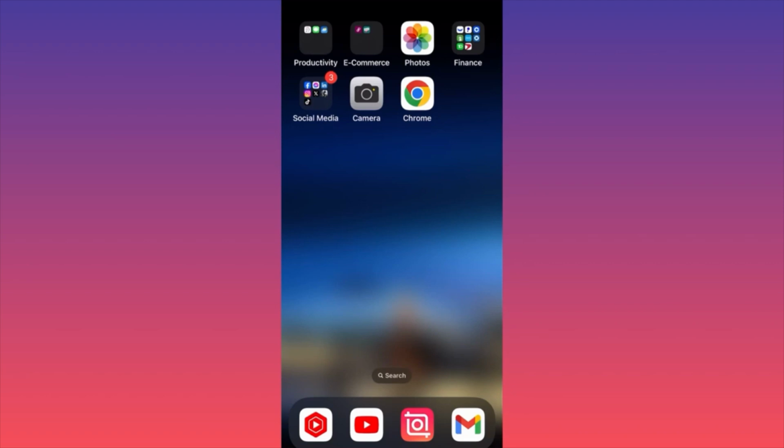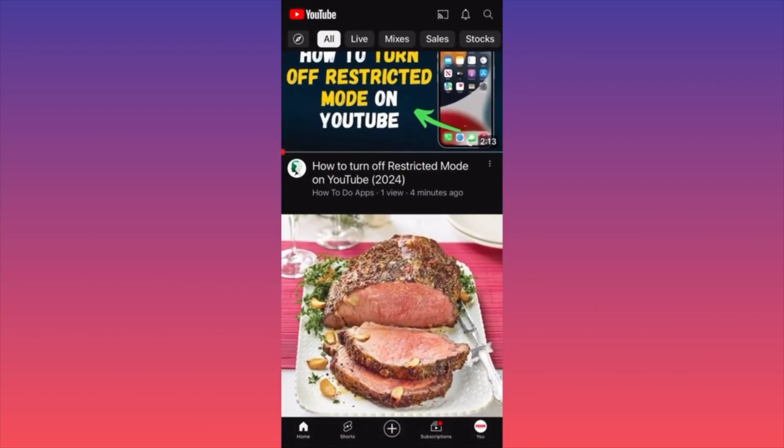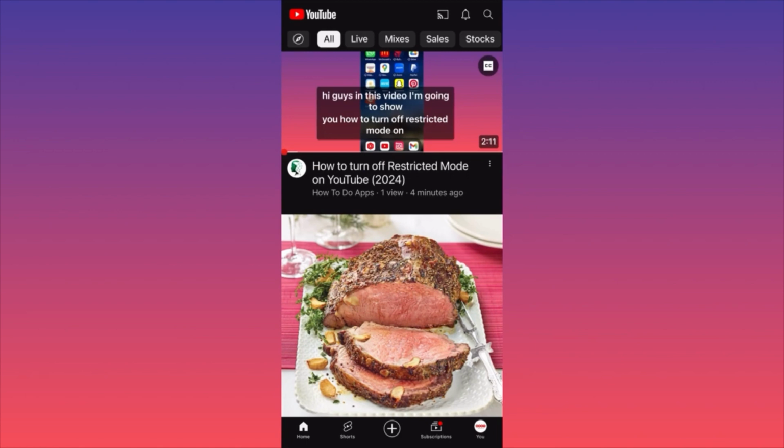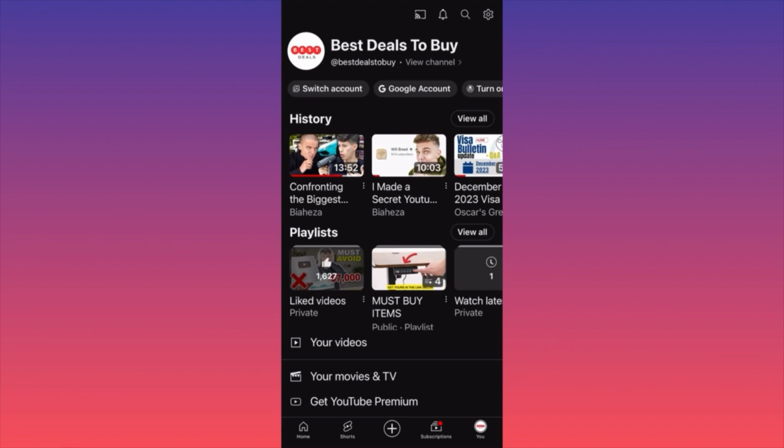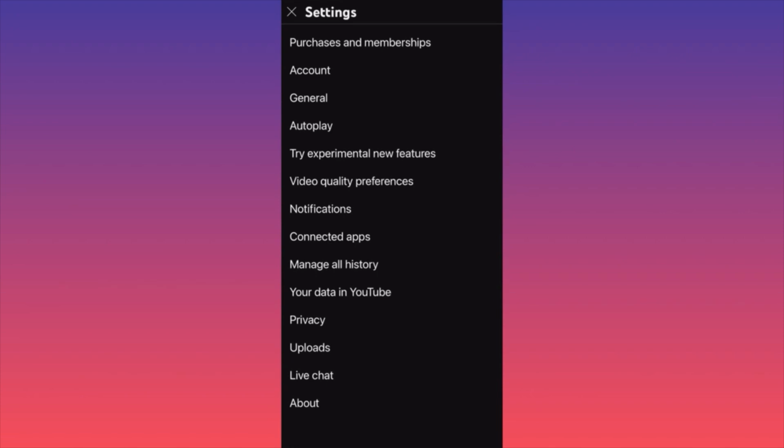First thing you want to do, you want to launch the YouTube app, then you want to click on the lower right corner where you see your profile picture and it says you. You click on it, then you want to scroll all the way to the top and you click on the gear icon on the right side. When you're on this menu, this time around we're going to click on the section that says manage all